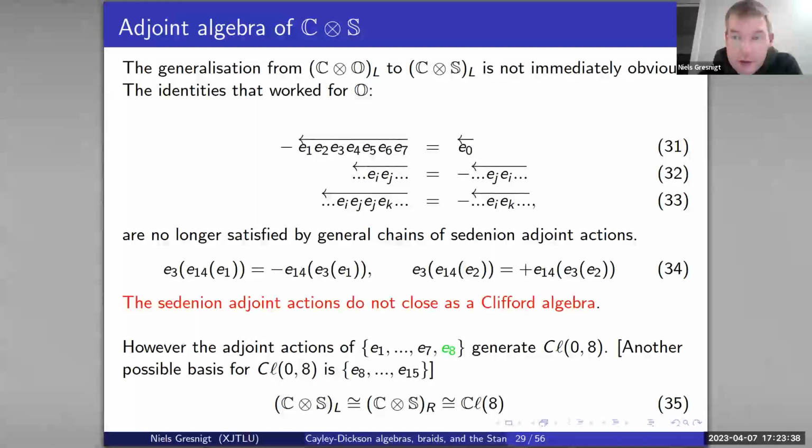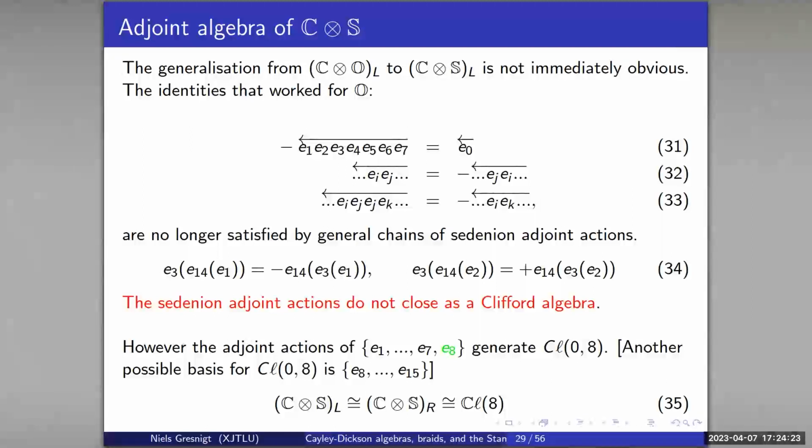No, there would have to be a redundancy because there's 15 imaginary units, right? Yes. So what happens if you look at equation 31? This is not true. Of course, it still works on the original octonion units, right? Like E1 to E7, it works fine. Okay. But on the other ones, it doesn't. You end up with a plus sign. Okay, but all I'm saying is that there might be some other redundancy. Yes, there is. So, for example, if you look at E1 to E14, that ends up being the same as just doing E15.